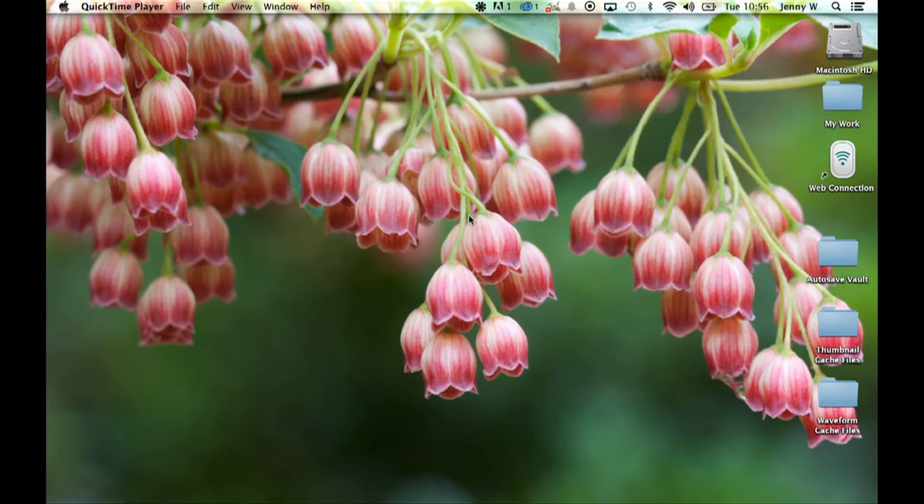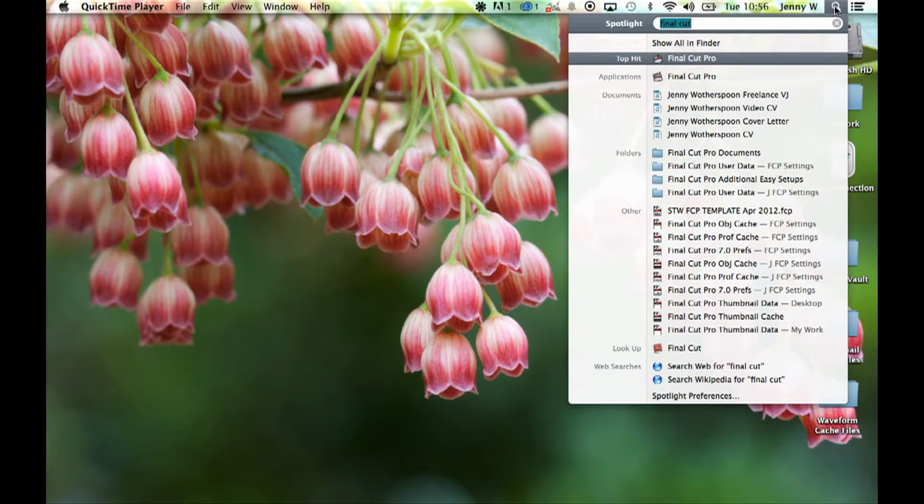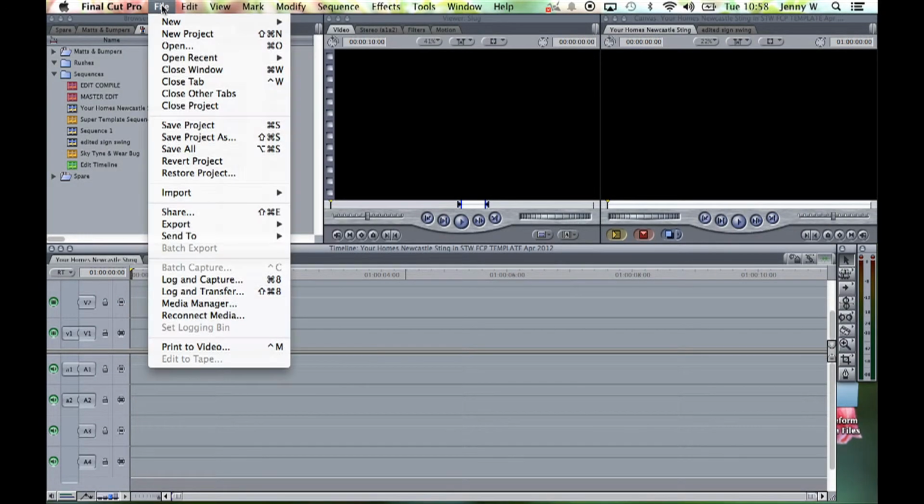Project. So to launch Final Cut Pro, if you go up to the search bar at the top and you can see it's already up there, type in Final Cut Pro and it should find it. It's a small clapperboard icon, so just double click that, and then we need to save this project into that folder. So File, Save Project As,